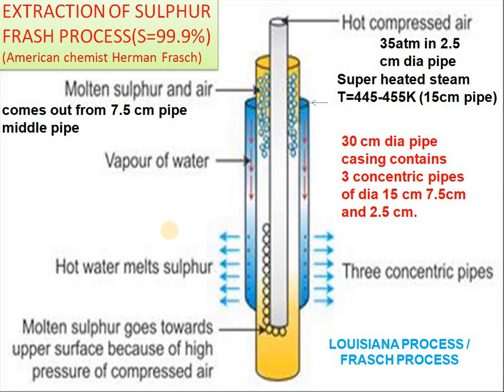Once that is done, then we will insert concentric pipes of different diameters, like 15 centimeter, 7.5 centimeter and 2.5 centimeter. Three concentric tubes are put into the 30 centimeter diameter pipeline. Now three tubes are there inside. You see what we are going to do is,